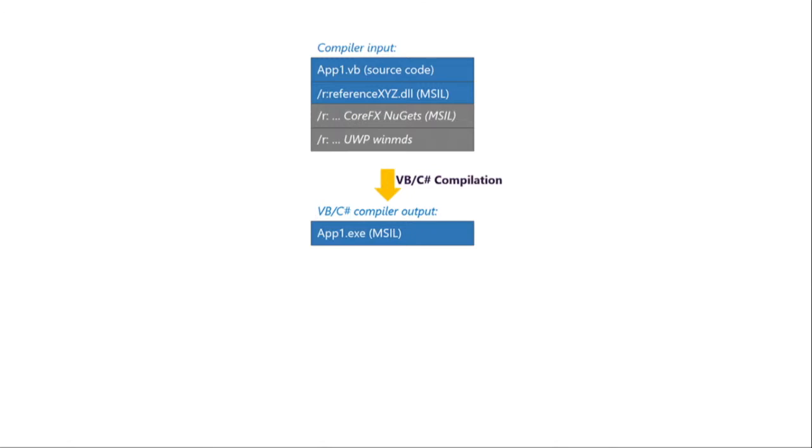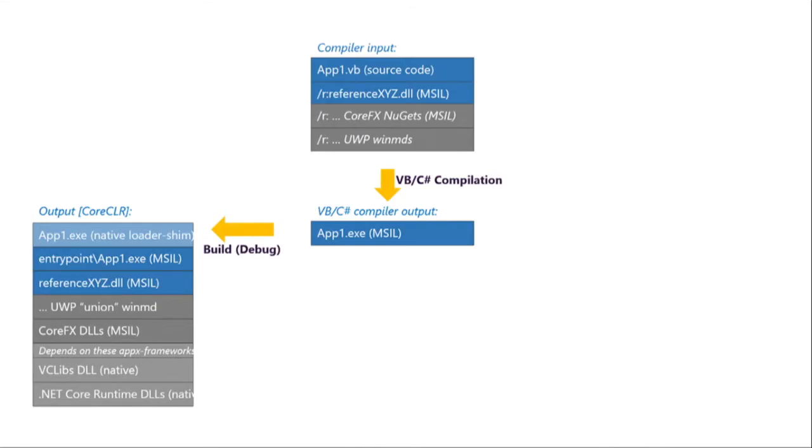When the VB or C# compiler do their magic, they take in their source code and they spit out the exe, but this exe is not what's deployed. If I'm in debug mode and I hit F5, it copies that exe into a subdirectory called entry point. It sticks in a native loader shim called at1.exe, whose job is to load up the .NET Core runtime called Core CLR,